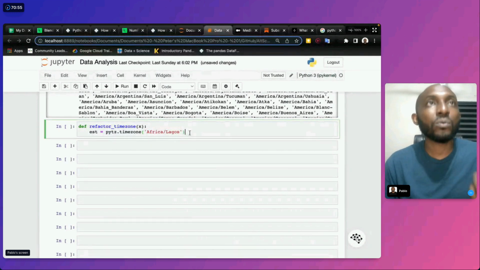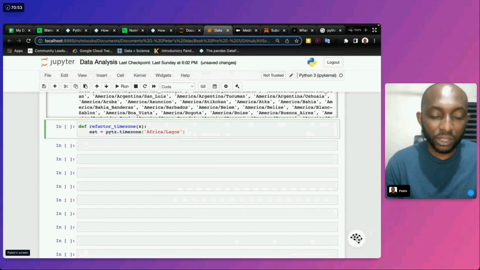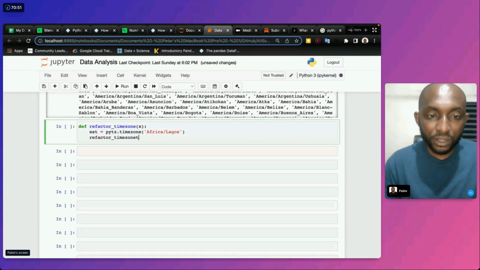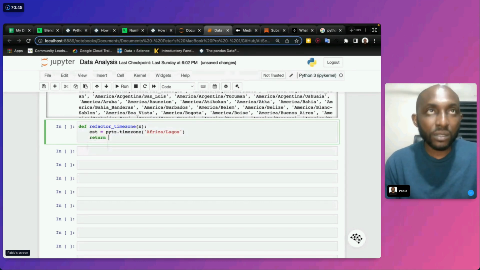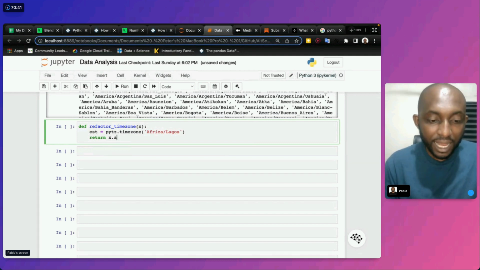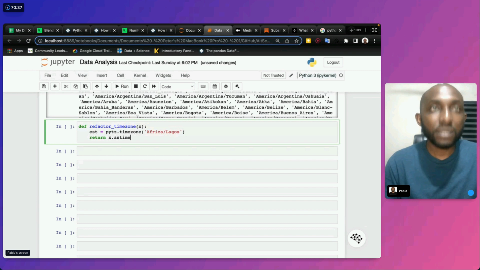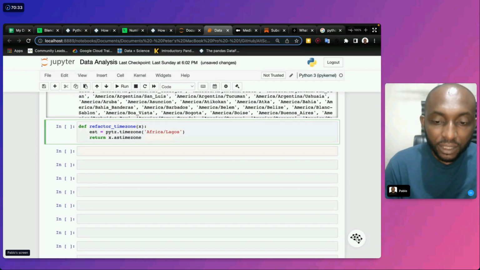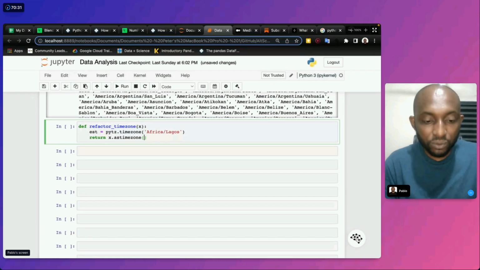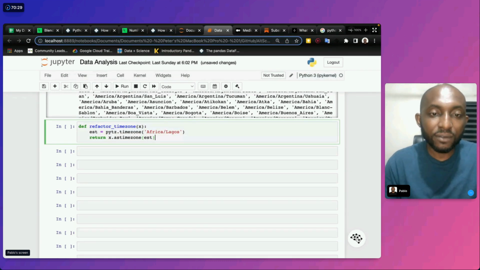Now, what this does is that we want it to return x.as time zone, x.as time zone, and then open bracket, we'll now put EST inside of it, right?